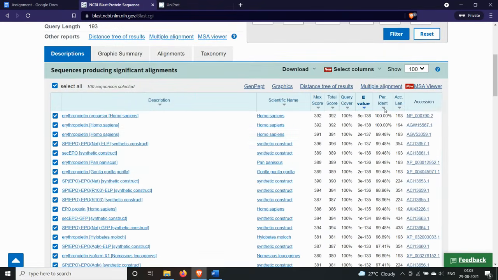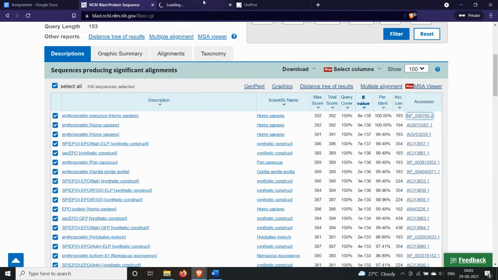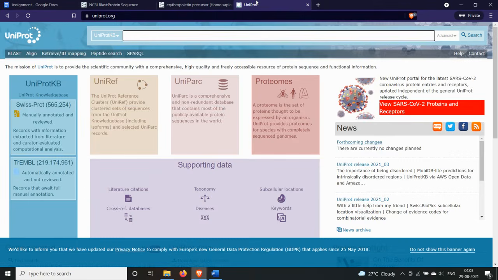Since its identity is 100%, we choose the uppermost protein sequence. Its name is erythropoietin precursor, Homo sapiens. So we open it in a new tab, and we go to UniProt and go to BLAST.